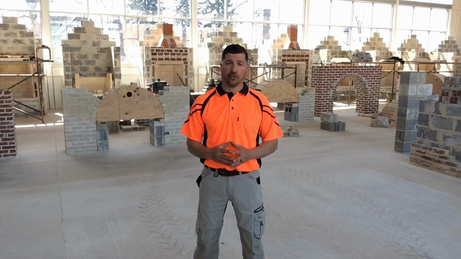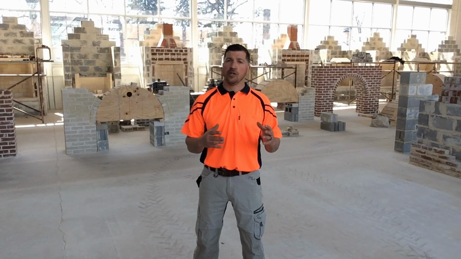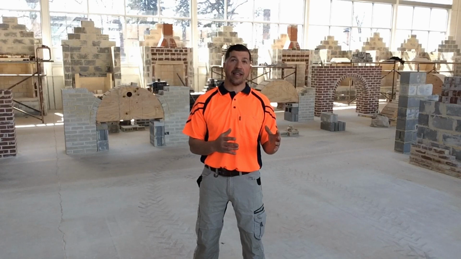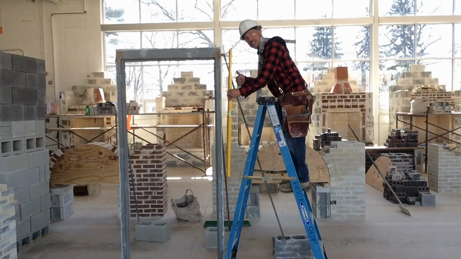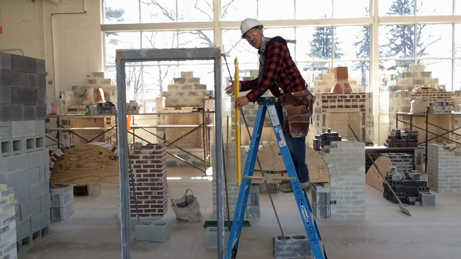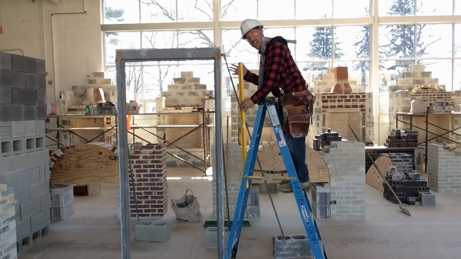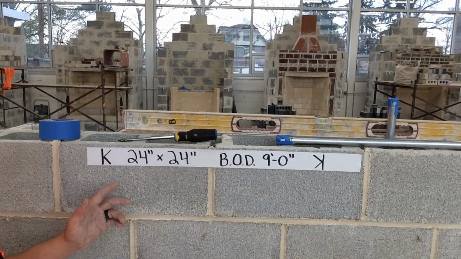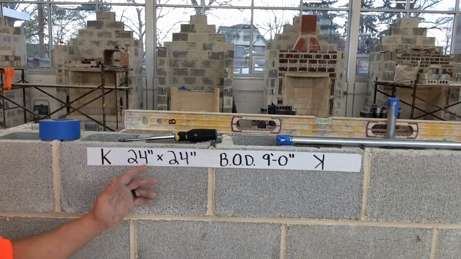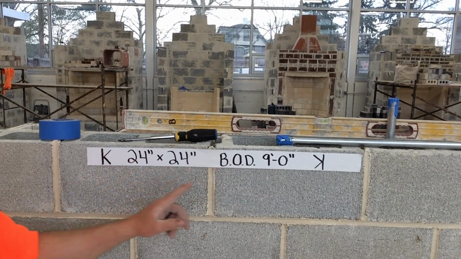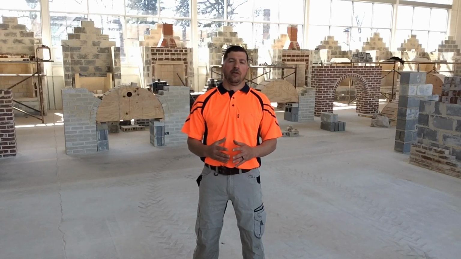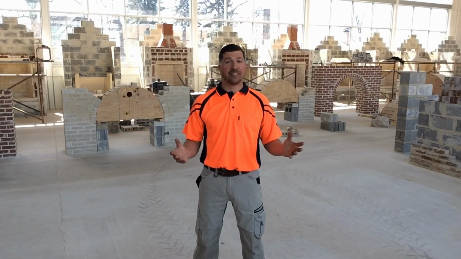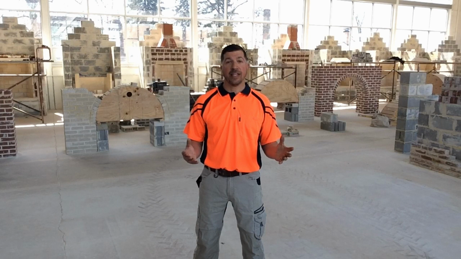There's a lot of miscommunication on the job site, and it leads to trades making it more difficult for other trades to complete their job. Ideally, there should be zero verbal communication. There are visual cues to know when it's a certain trade's time to be on the wall or do their job within the wall.